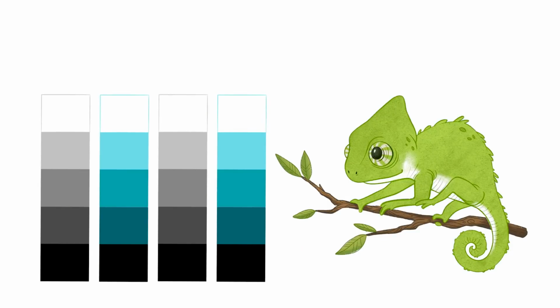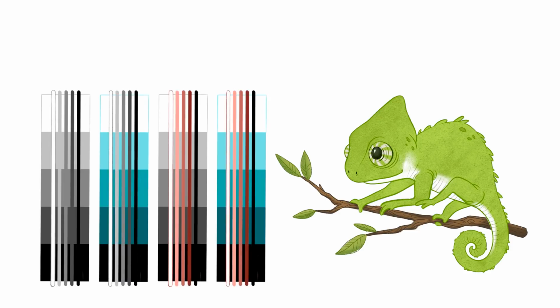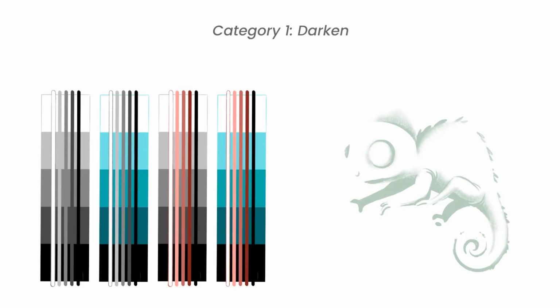So we're going to compare all the different blending modes using as the base the color chart that is on the left and the chameleon on the right. And then we're going to use different layers for the blend. Well, not quite. For the color chart, it's always going to be the same blend layer, so just the little lines. But for the chameleon, the blend layer is going to change depending on the category, so it's going to be an example of how you could use that category of blending mode within an illustration. So for the darken category, we're going to try and add some shadows on the chameleon, which means the blend layer is going to look a little bit like this.